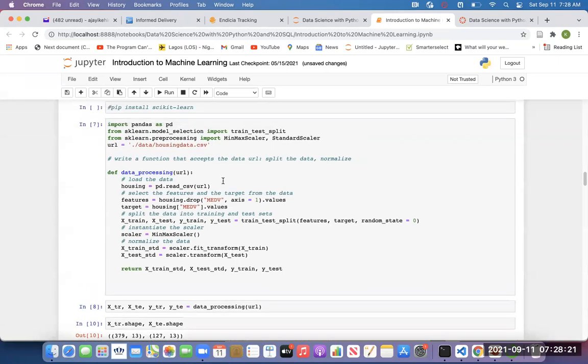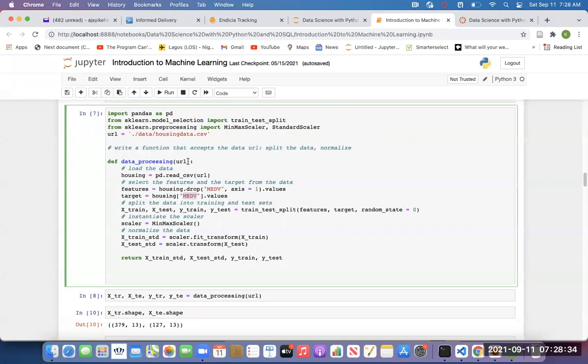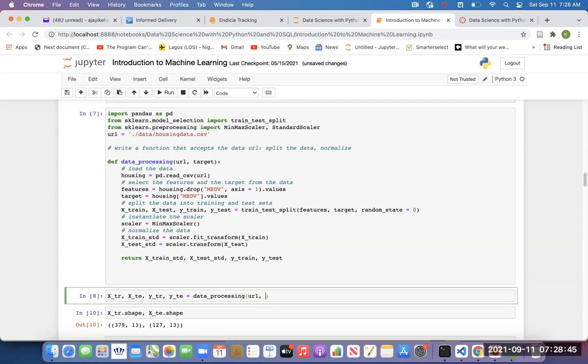The only thing is that instead of hard coding it, if there is a generic name called target, I can actually specify that this should be a target. So if I now want to do this, I will have to specify the target.